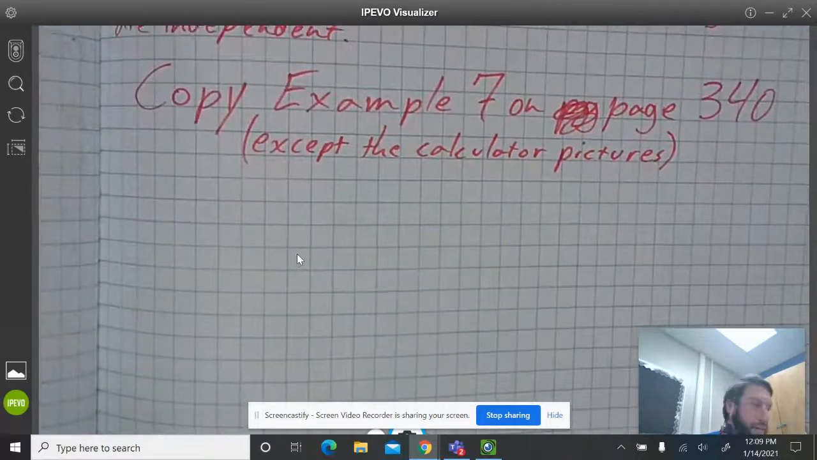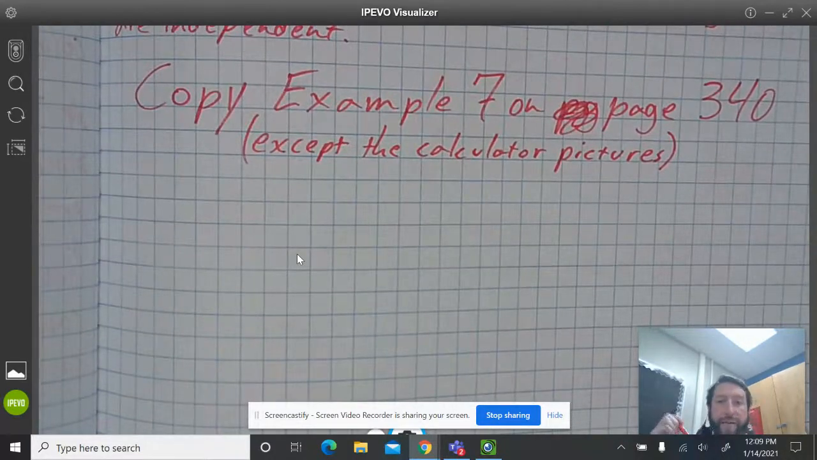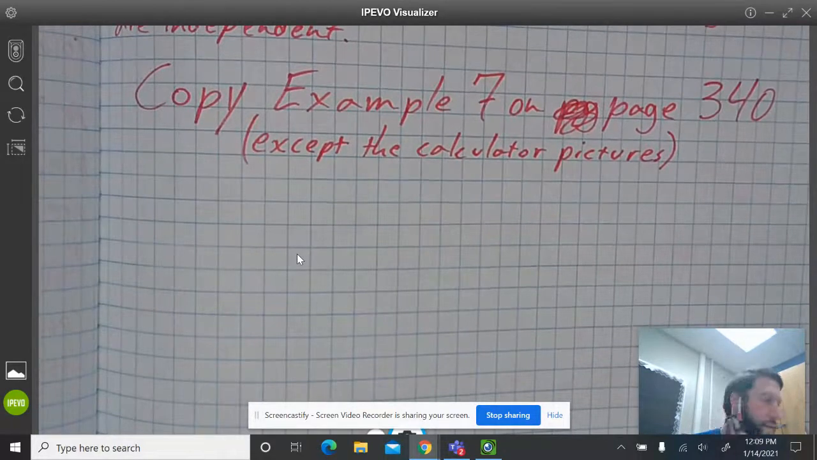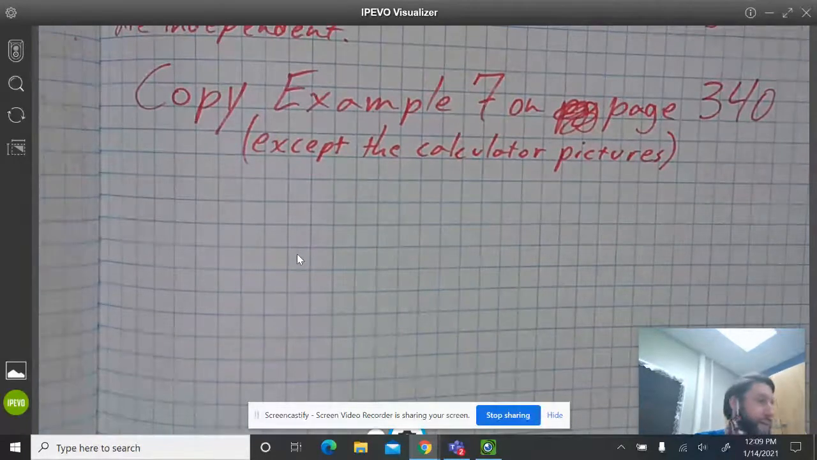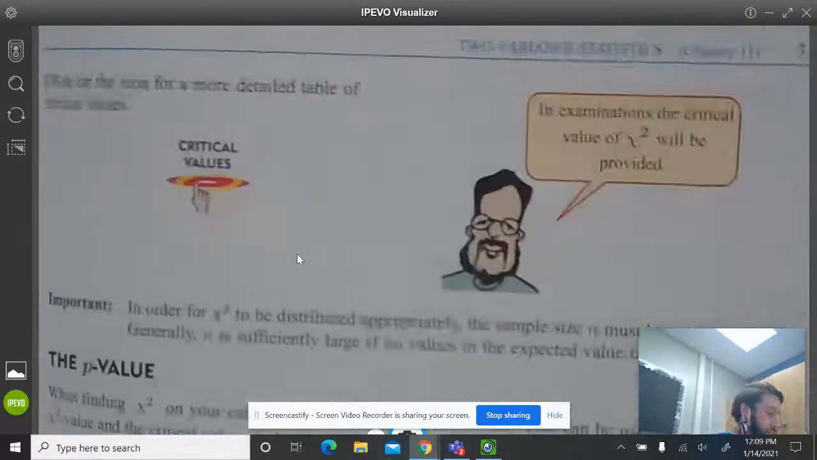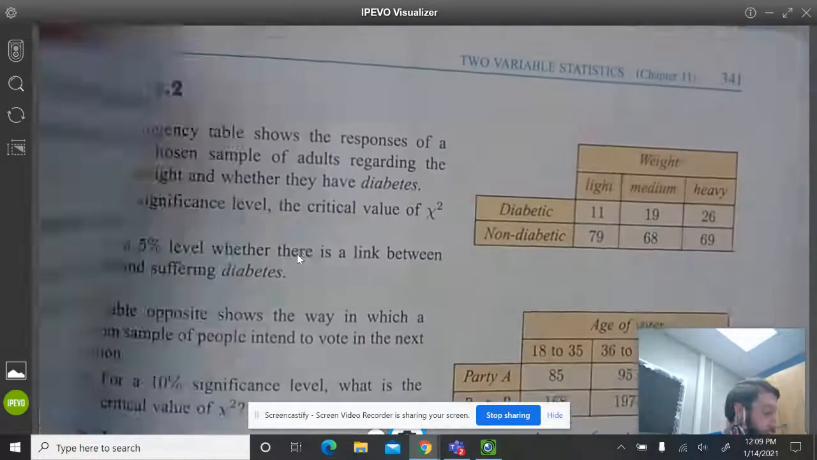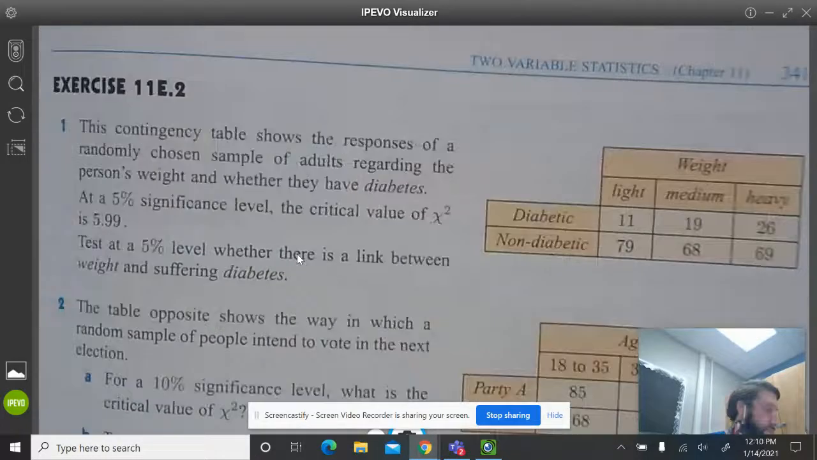Okay, and last but not least, take a minute, copy example 7 on page 340. I don't really have to add anything extra to it. I'm going to walk you through it, but I don't really have to add anything to it. So go ahead and copy that example. Once you have that copied, I will go over it with you very quickly just to make sure